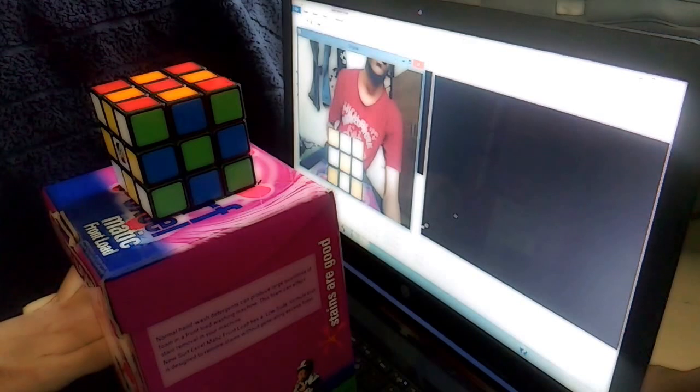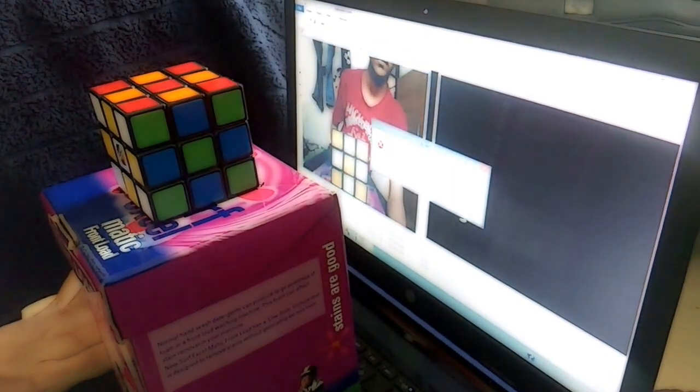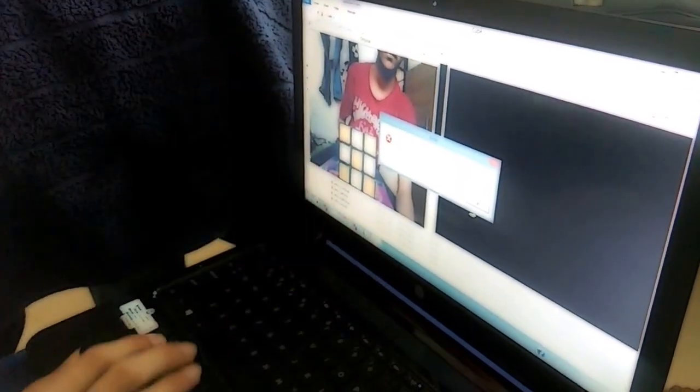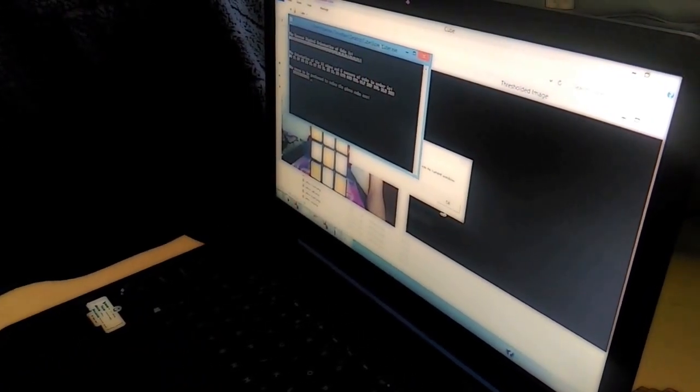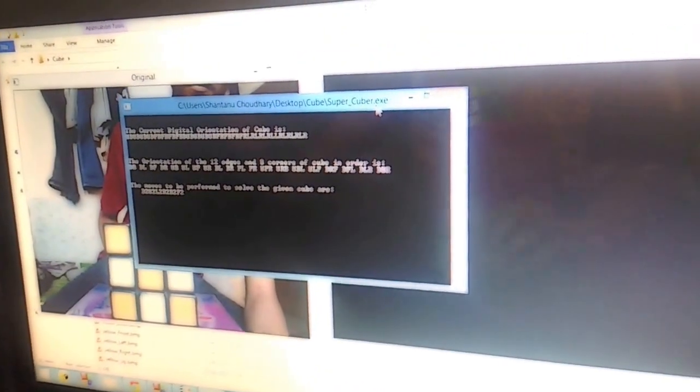As you can see, the faces have to be turned in a specific order, largely because of our coding constraints. But now that all the faces have been scanned, the output has been displayed, and the output is in a format where we first show you the two representations of the cube, and then we show you the moves that would be required to actually solve the cube.